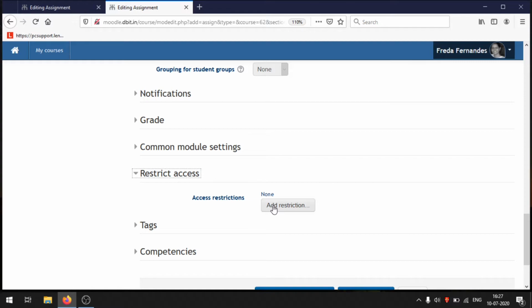I don't want the other students to see this particular question. I don't want a student to know who the group member is also. So neither do I want the student to know which group he belongs to, nor do I want the other students to see this particular student's question. So it's kind of a secret.